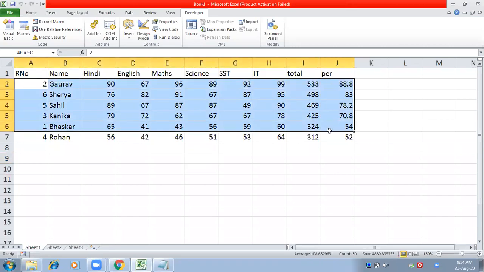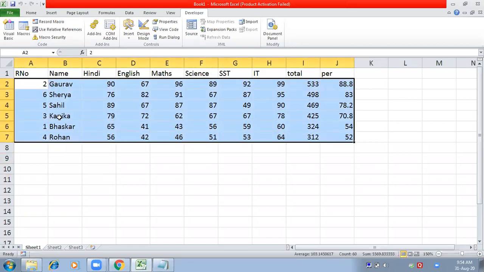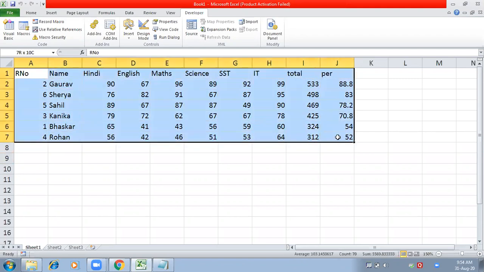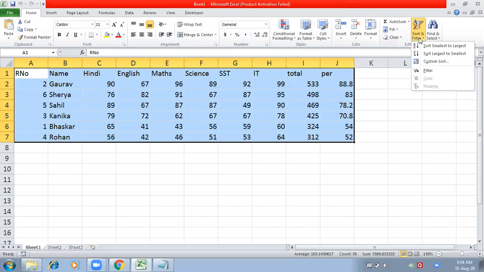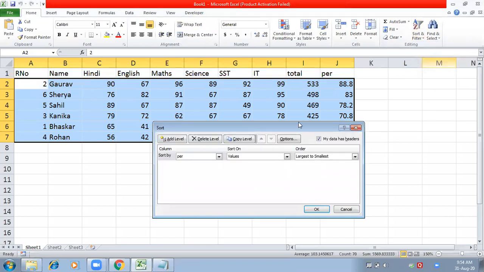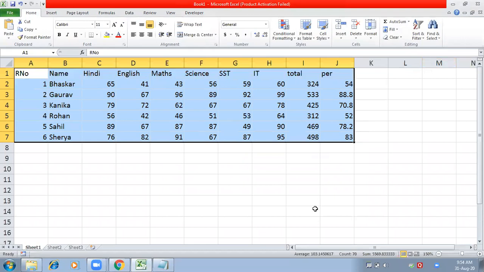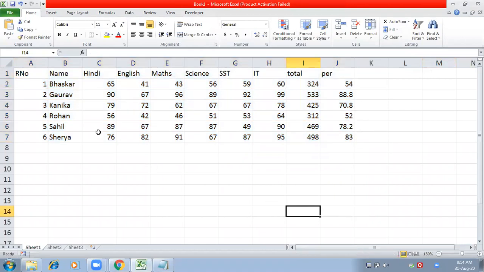or maybe I'm going to arrange this time according to their names, but this is not a macro. So I'm going to sort it again according to their names, so that if I run my macro, you will be able to see the change. Okay, so my list is again normal. So I'll create a button now.